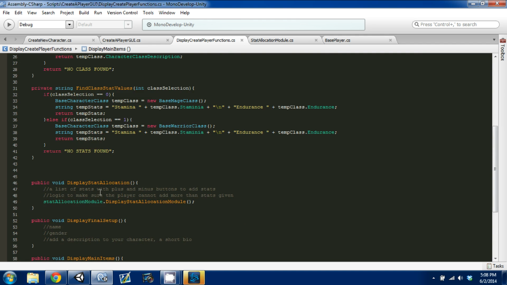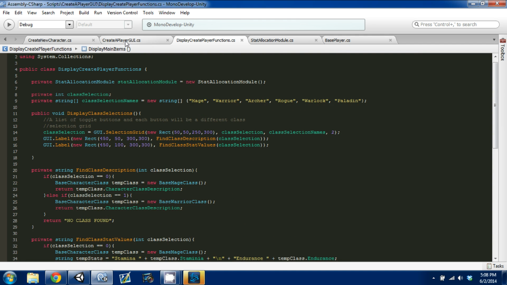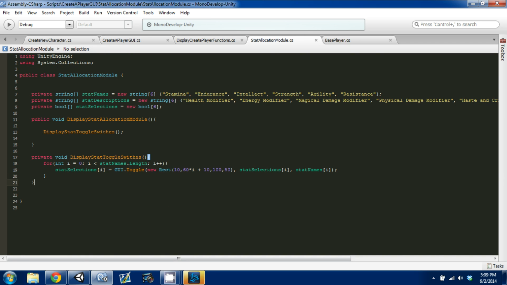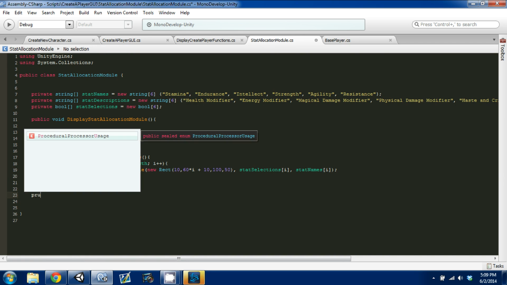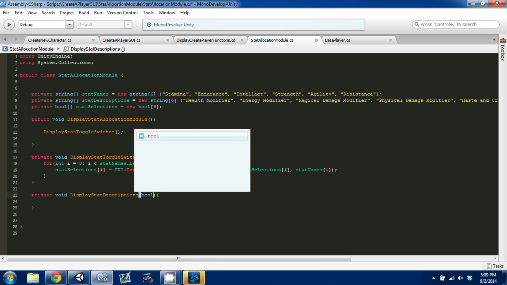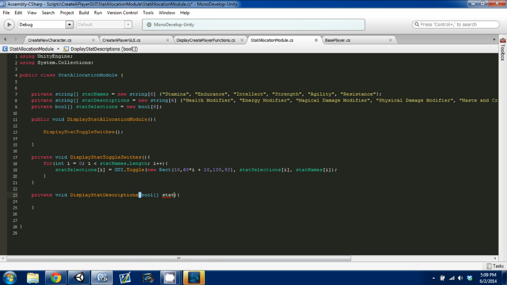So this display main items, I'm going to go up to our create player GUI, and I'm actually just going to comment it out. Control S to save, go back to our stat allocation model, and the next thing we're going to do is create a private function. It's going to return a void, and it's going to be display stat descriptions. Now the way we're going to do this is we're going to check our stat selections bool. It's going to actually take a bool array, and it's going to be stat selections,